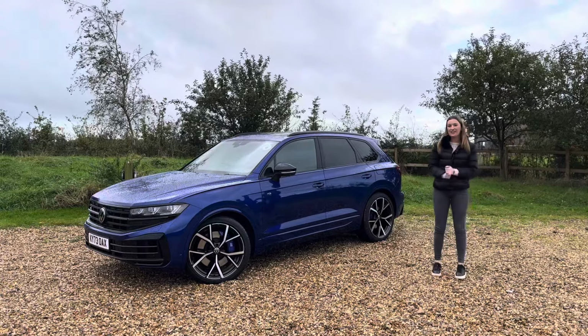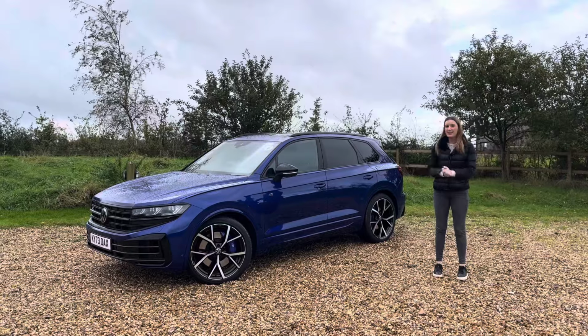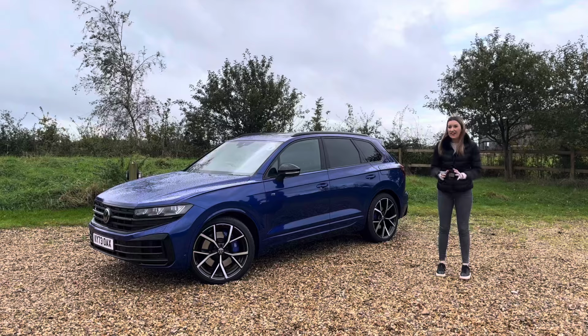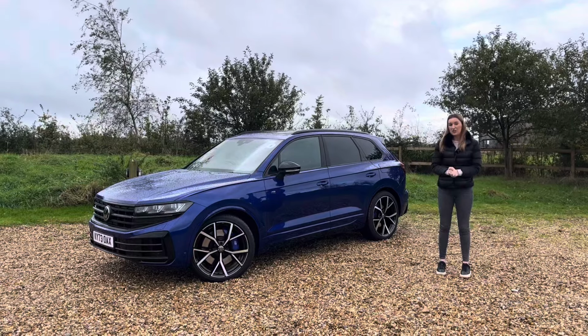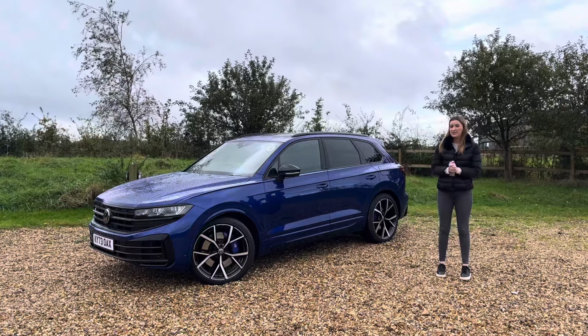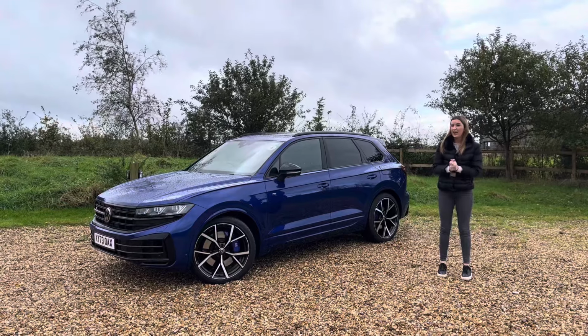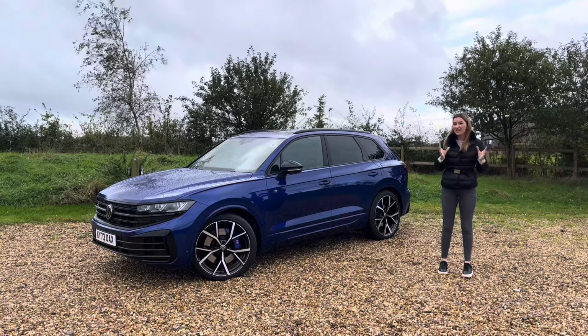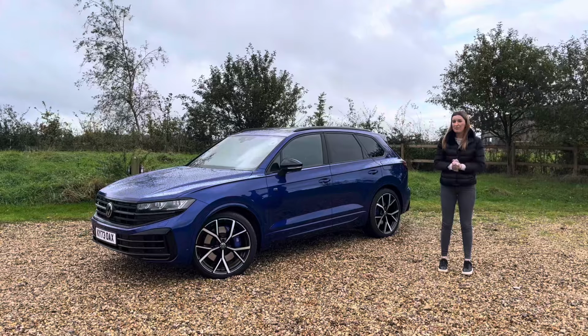I'm Amelia Automotive and today we have an exciting car behind us. This is the all-new Touareg R. Now, it's got a 0 to 62 time in 5.1 seconds. However, this time it's a V6 3-litre e-hybrid. I don't know how I feel about hybrid and R together, so today